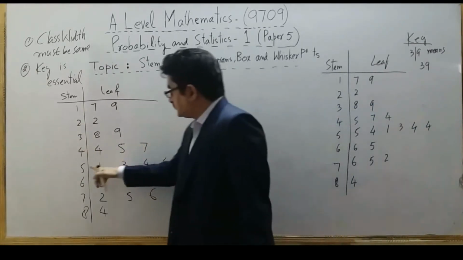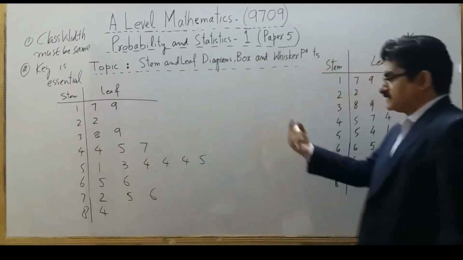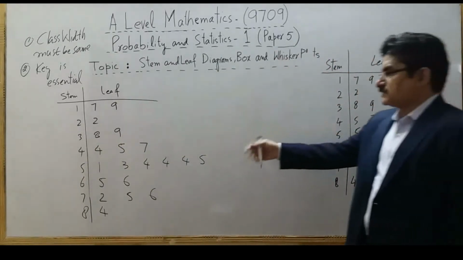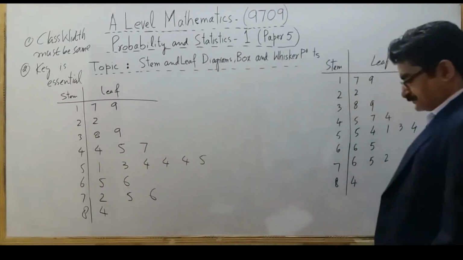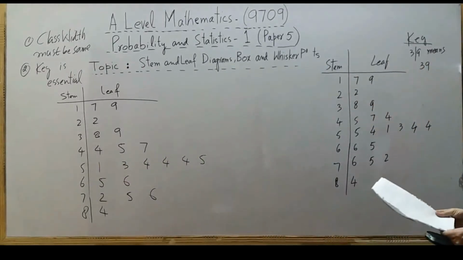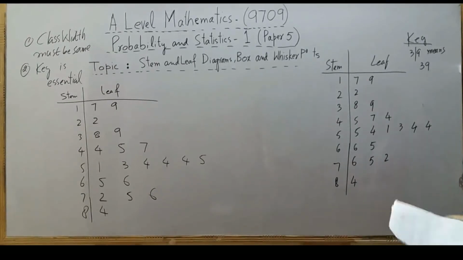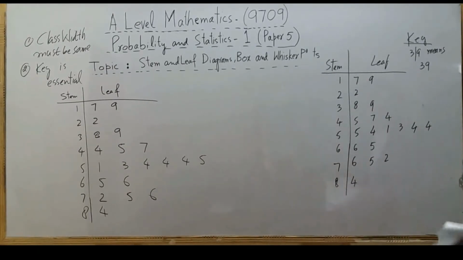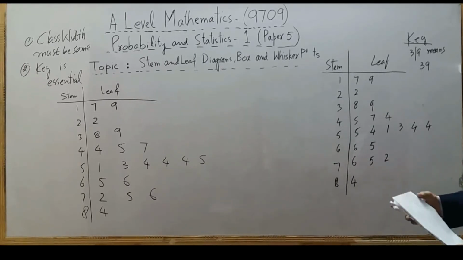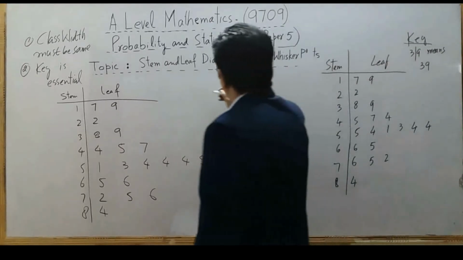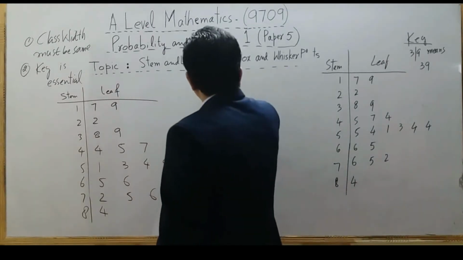All these values have the same stem 5, meaning the tens digit. The actual values are 51, 53, 54 and so on. This is how to construct a stem and leaf diagram. Now if you are asked to find, for example, the median, how will you find the median from this diagram? To find the median,